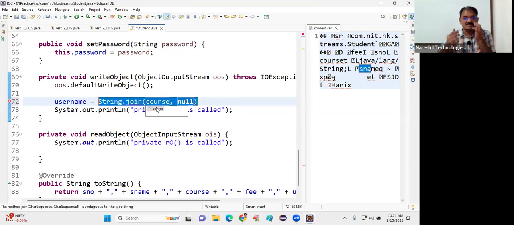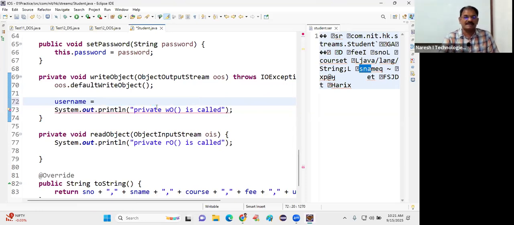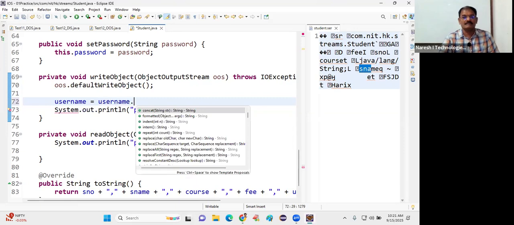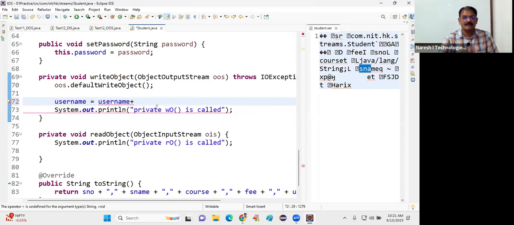Actually there is encryption, decryption code, a lot of code is there. I don't want that much heavy code, I don't want to explain. You try with ChatGPT if you want. Encryption, decryption code is actually available, but I am writing some extra masala, I am adding. Username plus, okay, to this username,